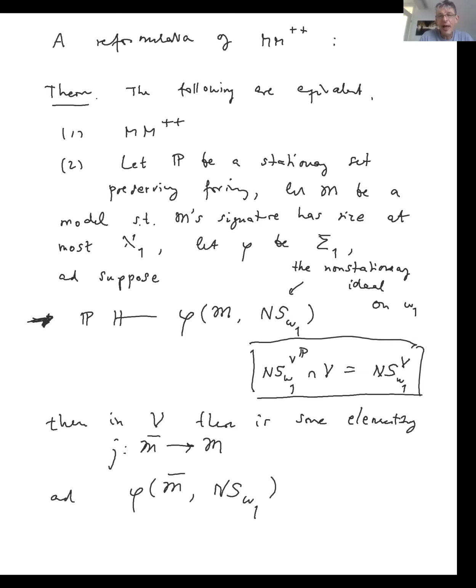Okay, so if M has size Aleph1, what it means is if you can force a sigma-1 statement about M, then this sigma-1 statement is actually already true in V, right? So this is some kind of sigma-1 absoluteness, okay? And in fact, this statement where you only talk about M's which have size Aleph1, if you restrict the statement to these kinds of M's of size Aleph1, then this is equivalent to what's called bounded Martin's maximum double